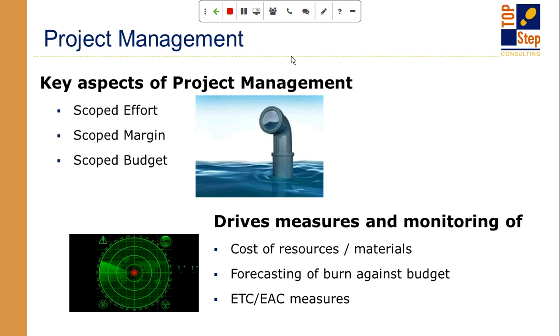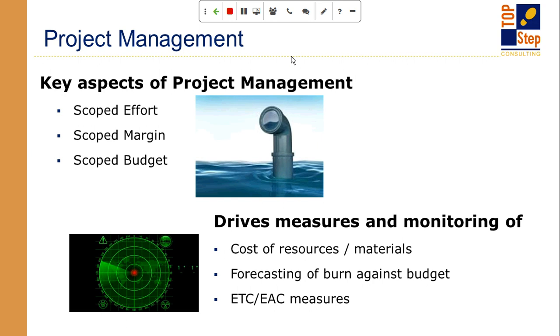So you really have to have your radar up and measure things like the cost of your resources and how much money you're spending on expenses versus the budgets you've been given. How fast are you burning against the budget versus the work that you're finishing? And the forecasting of all those budgets as far as where am I going to end up at the end of the project? Is that within the budget? Am I going to come in under? Am I going to go over? And forecasting itself is a little bit of an art. And so that falls on the shoulders of the PMs many times because they're trying to manage to the specific component of what was sold from an engagement.